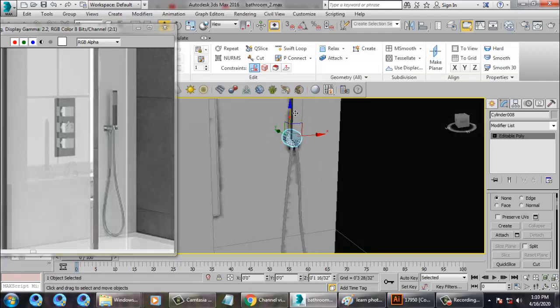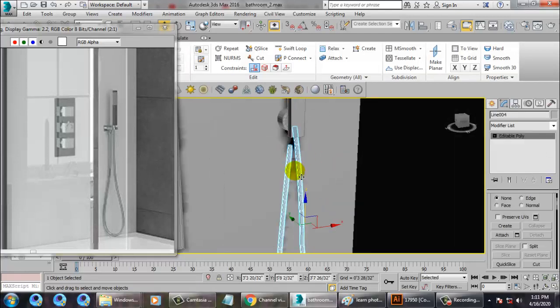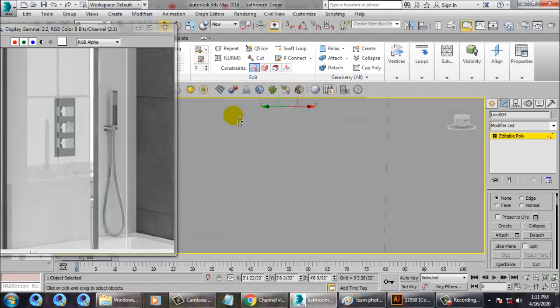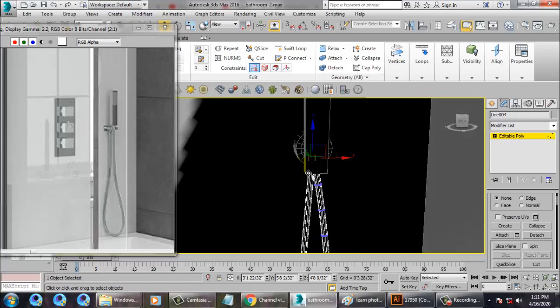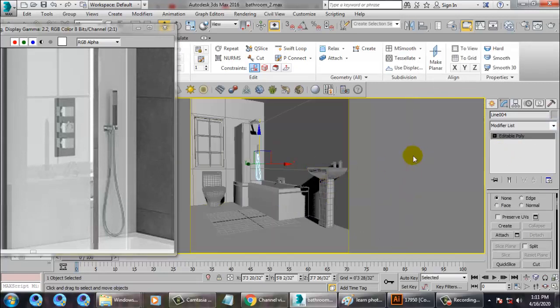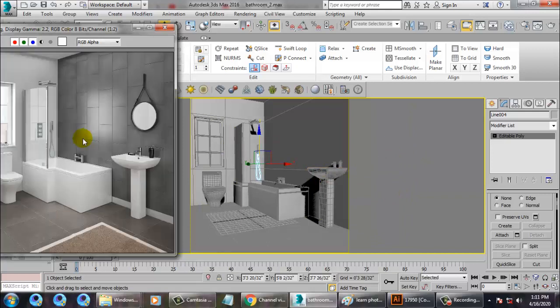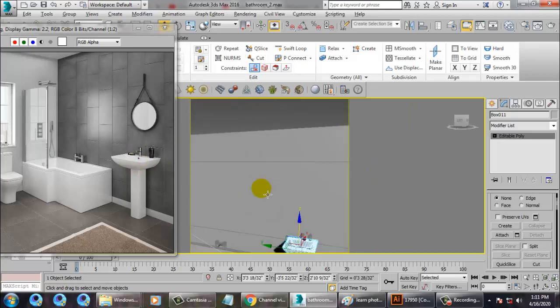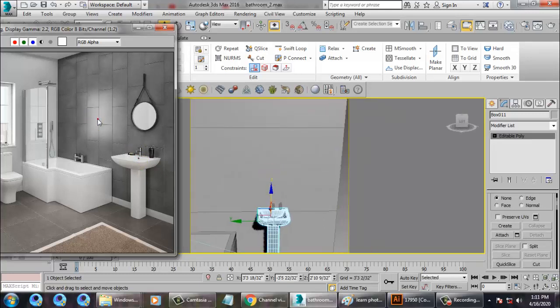So just push this up, push this up, and let's go back to the camera view over here. Save your file. So now let's create a simple mirror.